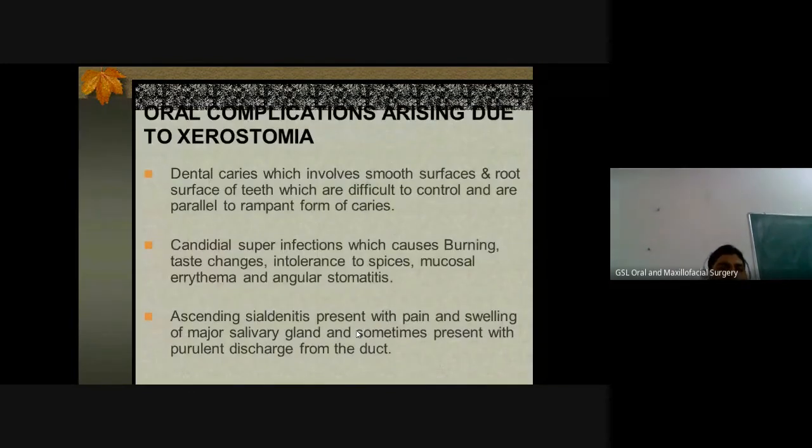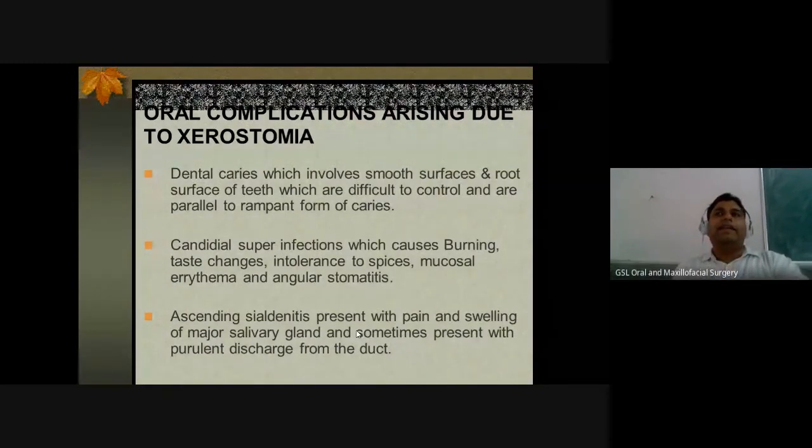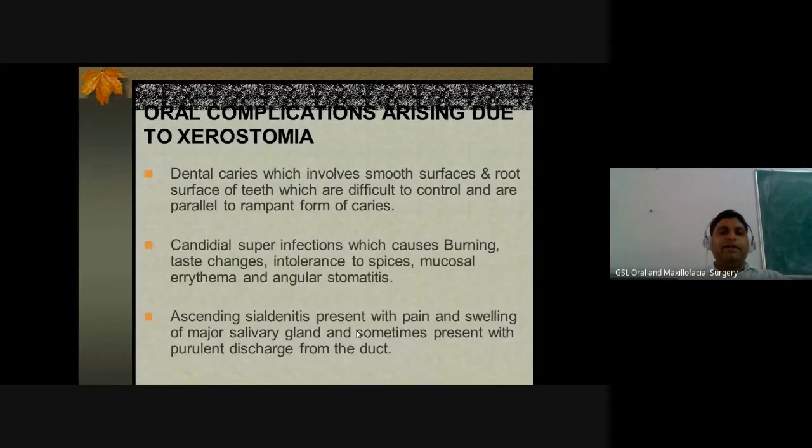What are the oral complications of xerostomia? Patient is having xerostomia. He shows dental caries because the saliva usually removes all the dust particles,